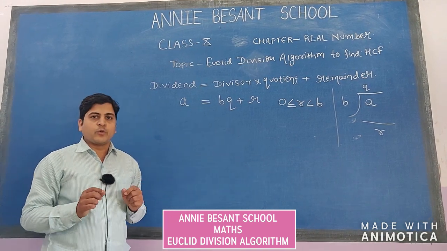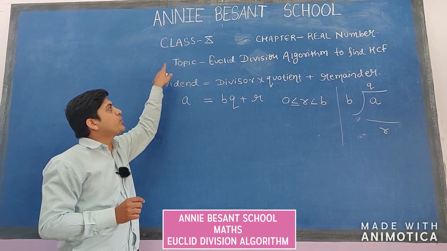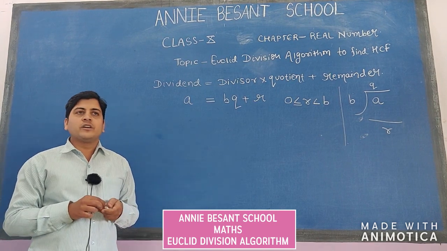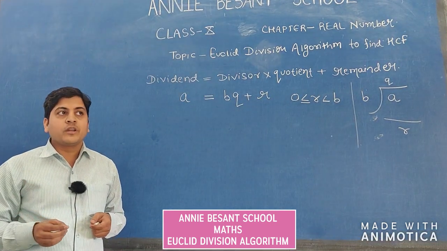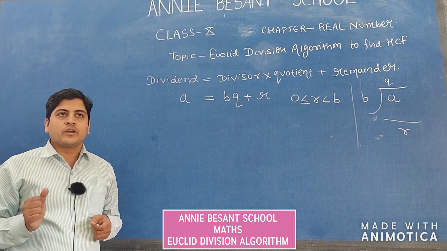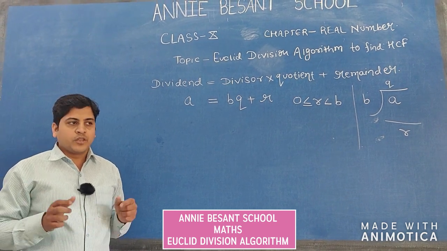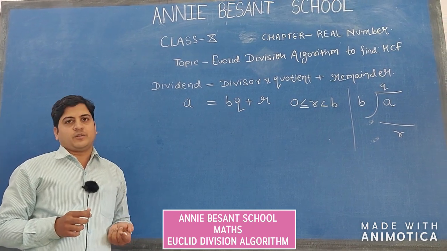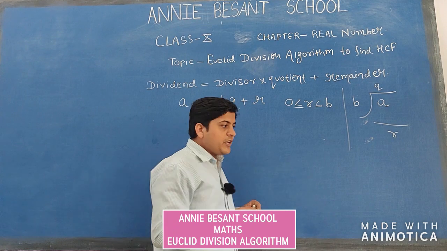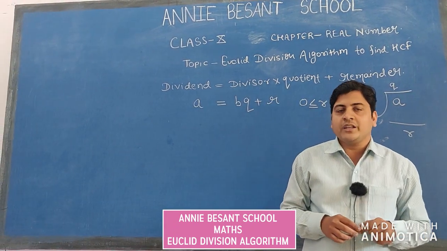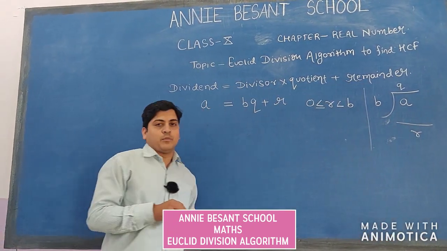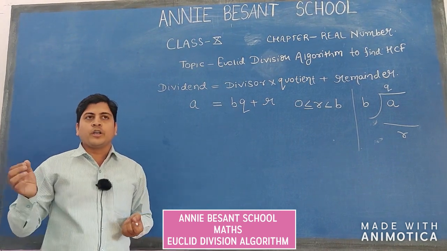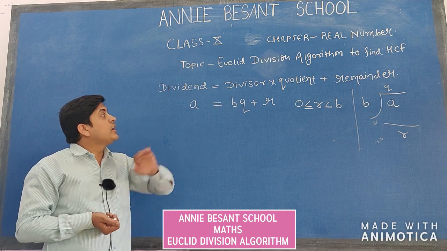This is the first topic of class 10 and it is one of the most important topics. What do you mean by the real number? As we already know about rational numbers, irrational numbers, natural numbers, whole numbers, integers. So the real number means it is a set of rational numbers and irrational numbers. Or we can say that any number we represent on the number line is a real number. So it is a group of all the numbers represented on a number line. So we can call it a real number.